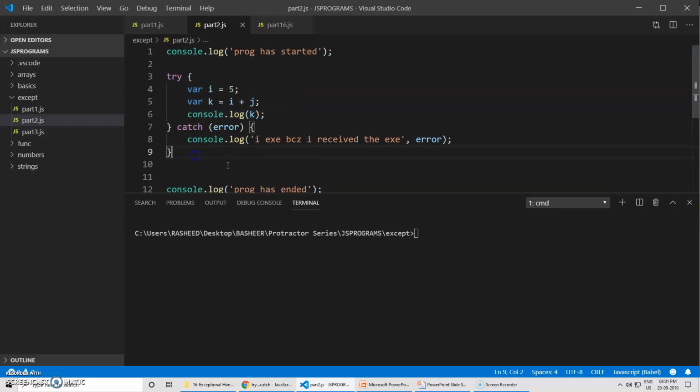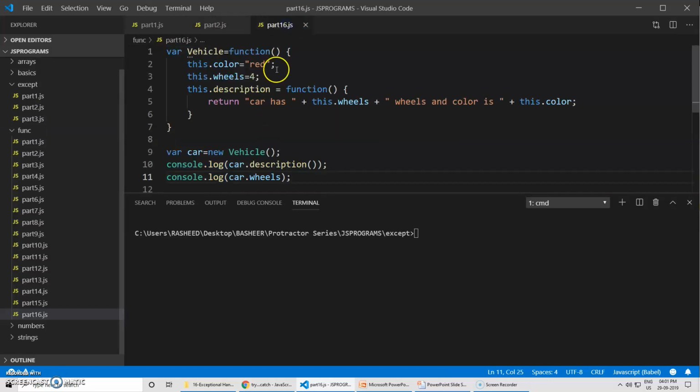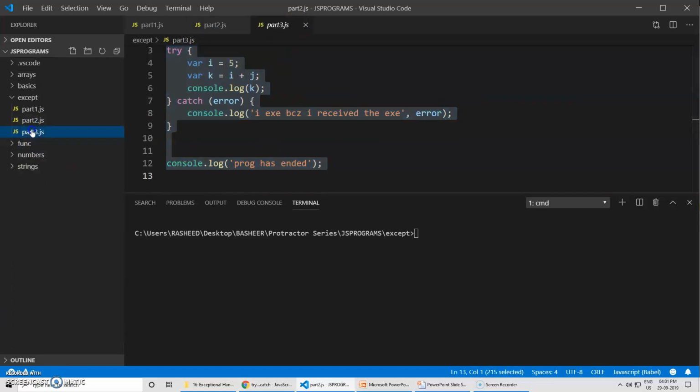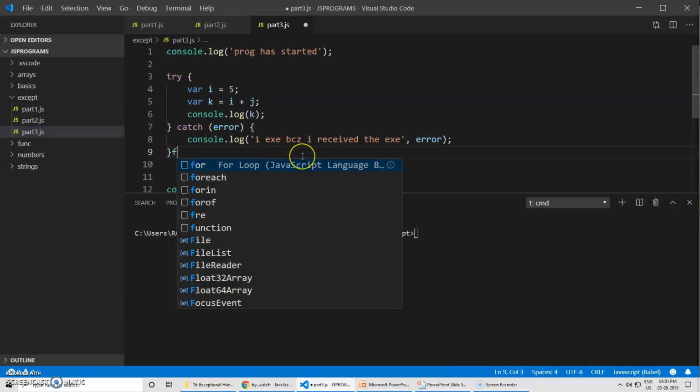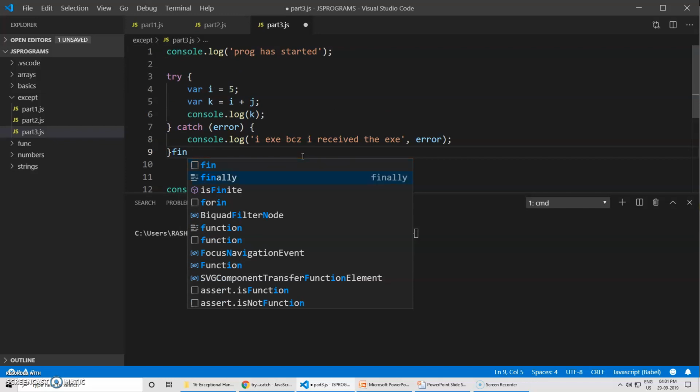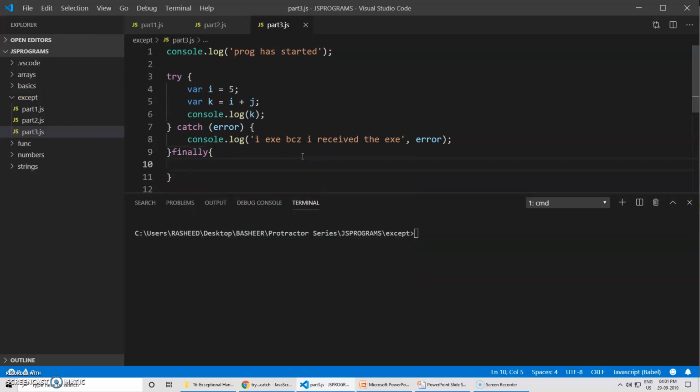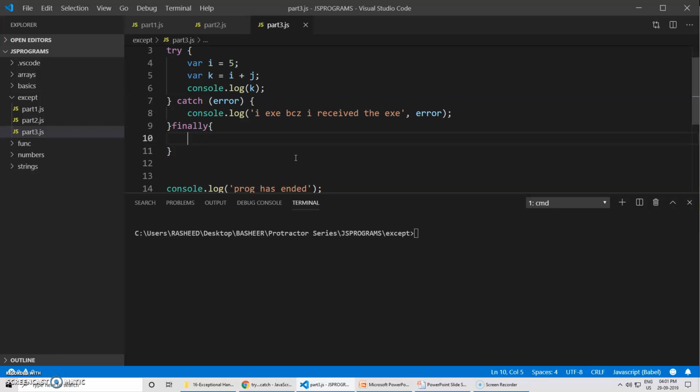Now what we'll do, we'll try to add one more program. Let's say Control C and, one second, paste. Now I will add one more keyword, which is called the finally keyword. So here I will add one statement, something like, hey, I am always executed. Now if I run the program, part3.js,